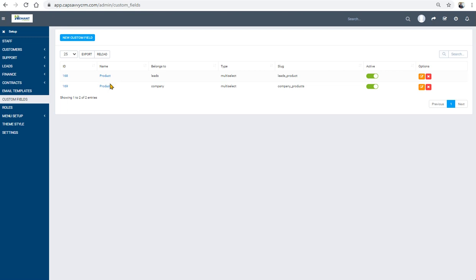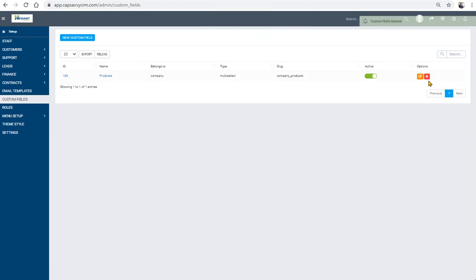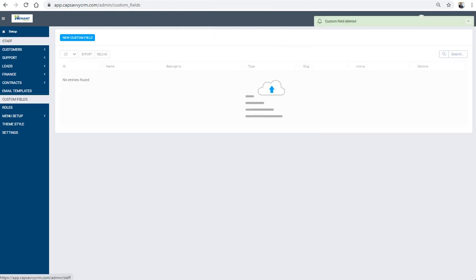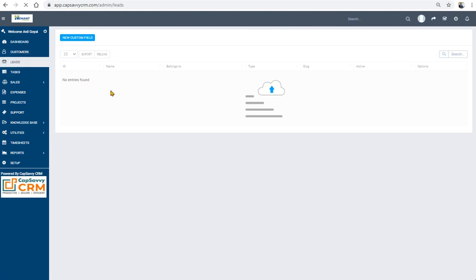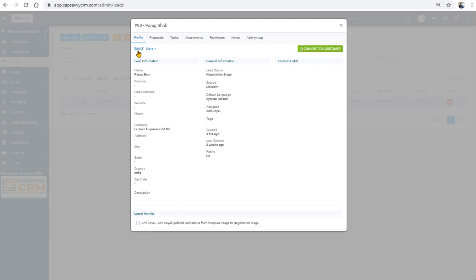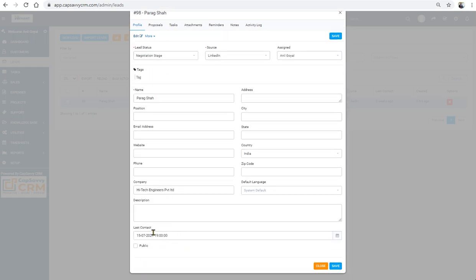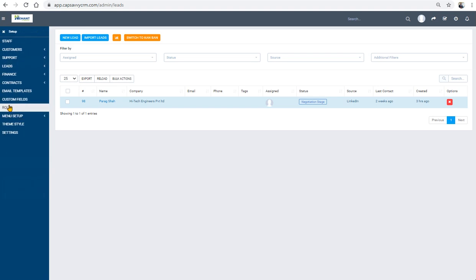and the product, I'll remove all those things first so that you can know how to create that. Now we have removed the existing one. If you go back to that lead where it was appearing, the Paraksha lead, we will see that it is now gone. Now the product is not available here, correct? Now we'll see how to create that new product within the lead. So go to setup, go to custom field,